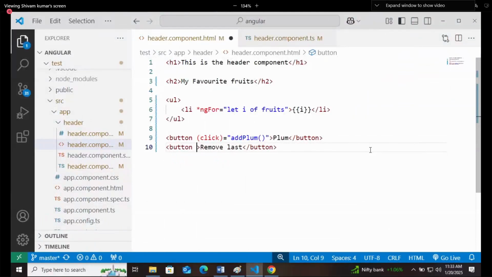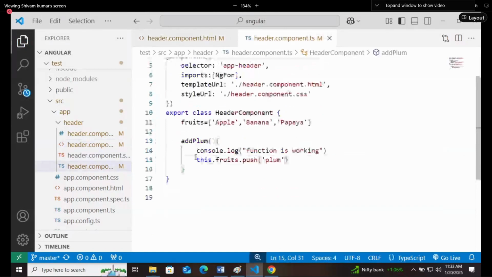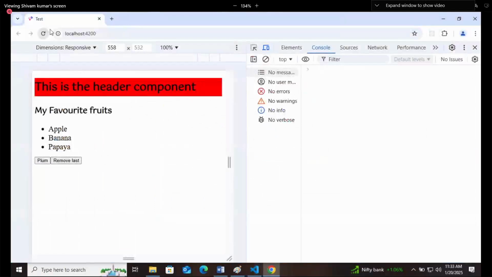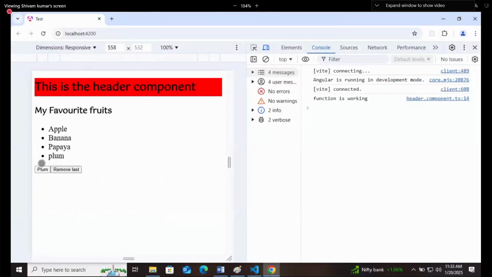For that, again you need to attach a click event to it. Here you will call the function removeLast. Define the same function in TypeScript, removeLast. And what this function will do is this.fruits.pop. And we know that pop will automatically remove the last one every time. Now refresh it and first add the plum, and you can click any time and it will add plum that many times only.